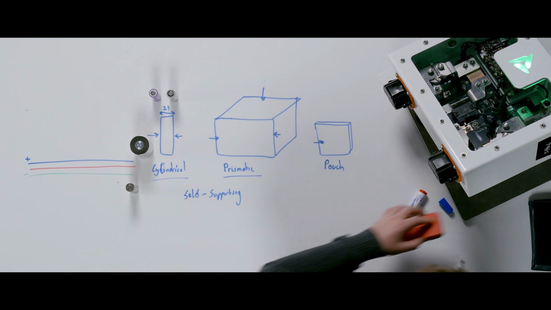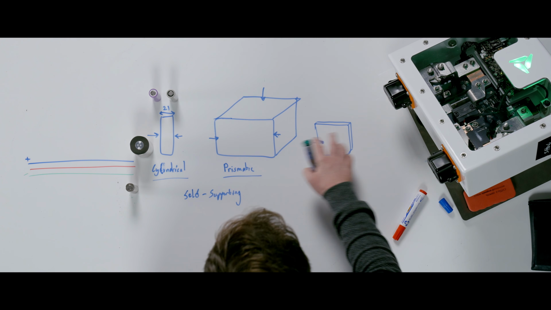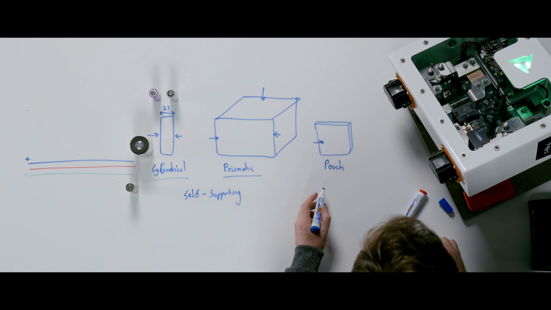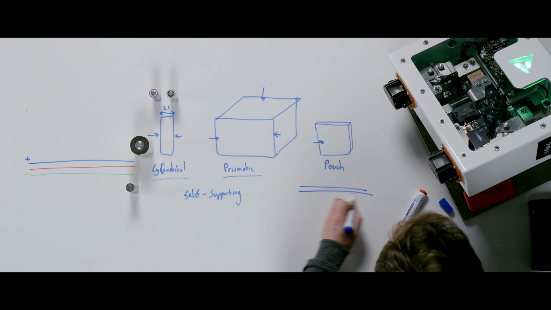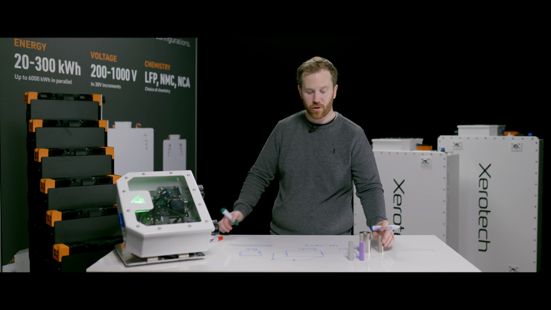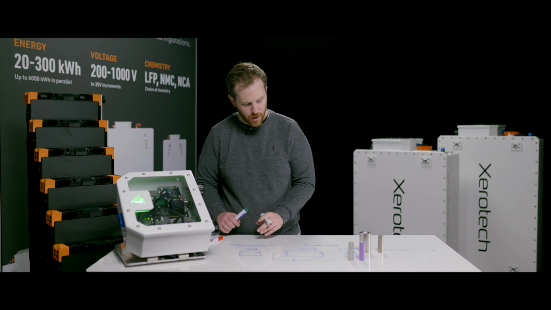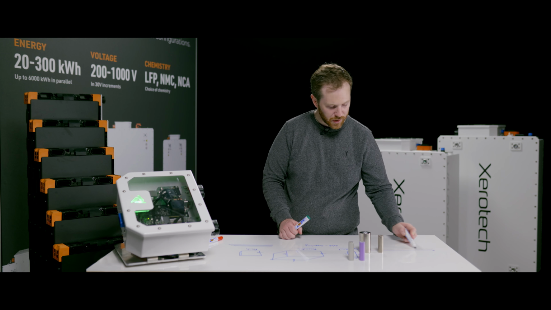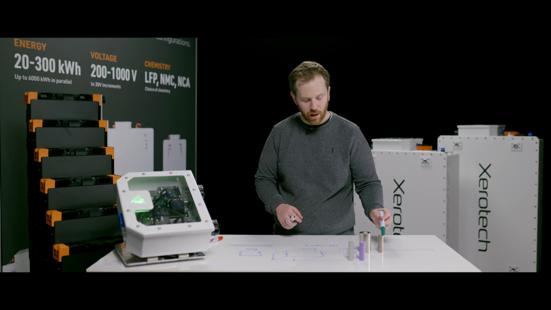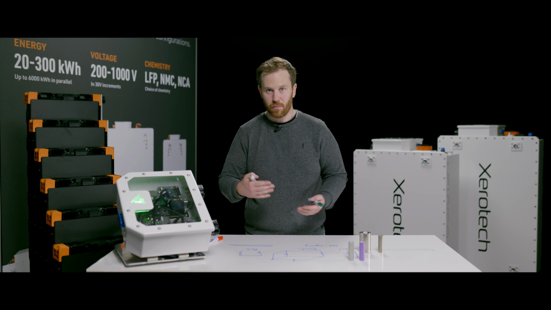The big advantages of, for example, a pouch cell versus, and also some types of prismatic cells, is if you've got flat sheets, this enables you to use some different materials than what are used in cylindrical and some types of prismatic. So for example, the separators in most of the cells we use are plastic and they're flexible.